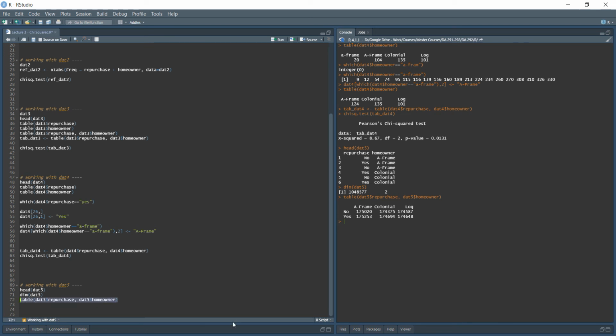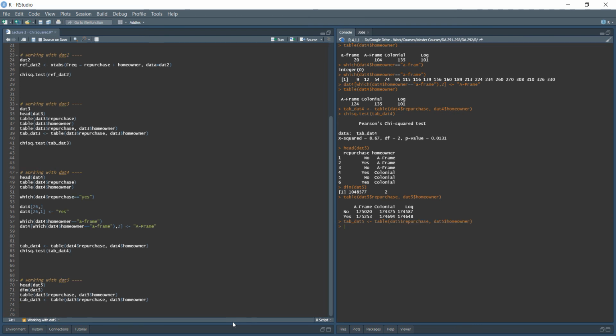So I'm going to go on and save this table as tab DAT5 and then run our chi-squared analysis on this. Chi-squared test tab DAT5. And I could save this. I could look at the residuals. Actually, maybe I will. I'll do mod DAT5 for the model, and then I will look at mod DAT5 and look at the residuals, $resid,